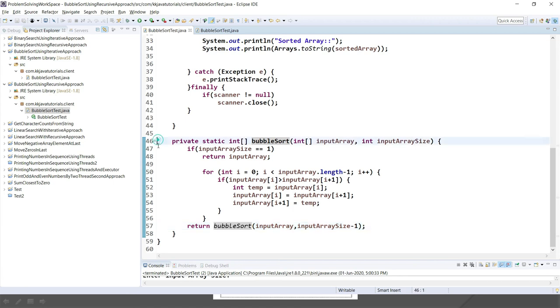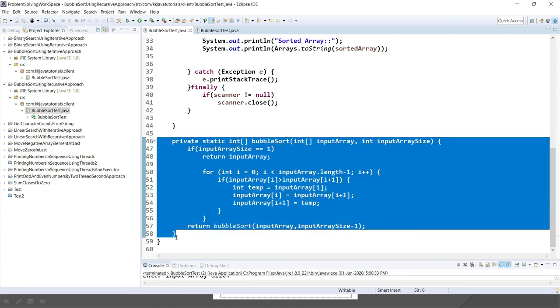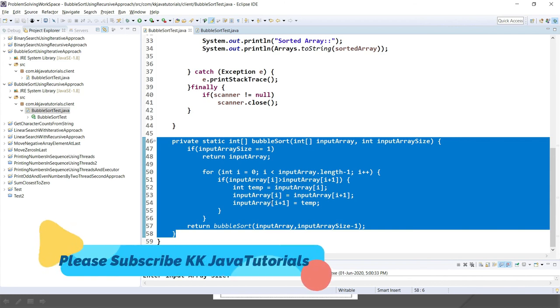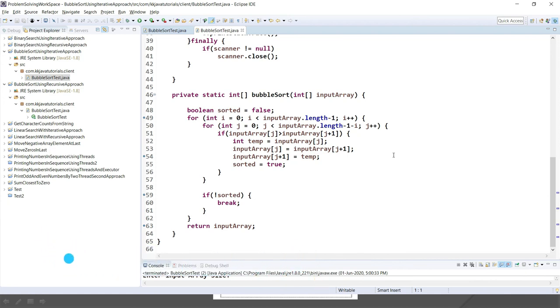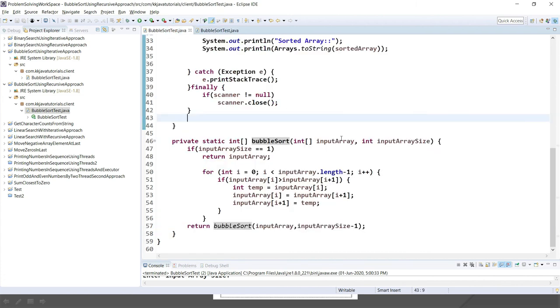So there is memory overhead in recursion, and that's the reason the recursive approach is a little slower than the iterative approach. Not only in bubble sort, but even if you calculate the factorial or solve any other problem using both approaches, in most cases the recursive approach is slower than the iterative approach.